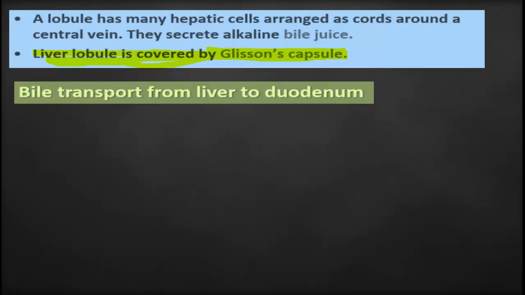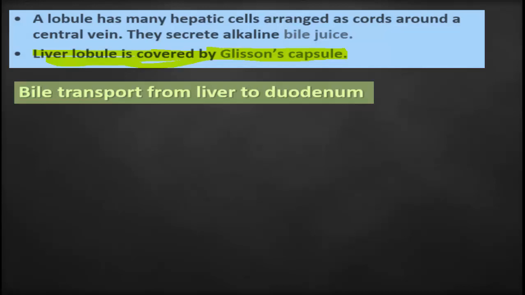Either into the liver or into the pancreas, there will be no transport of the masticated or partially digested food. The route of the food is from mouth to the pharynx, pharynx to the esophagus, esophagus to stomach, and stomach to small intestine. Then finally, the undigested food passes from small intestine into the large intestine. So in these glands, whether liver or pancreas, there will be no transportation of the food.